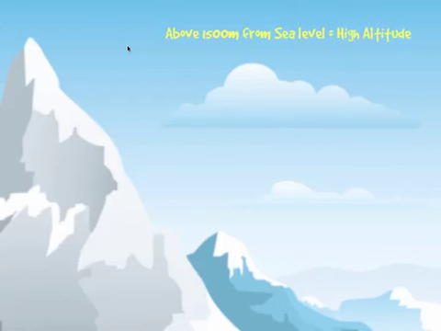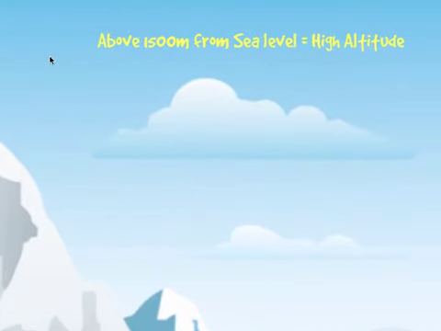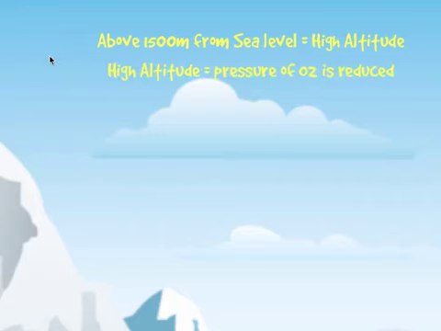So first thing you need to realise is that when we talk about altitude, that means 1500 metres above sea level, and that's what's classified as high altitude. Now within the lesson this week I will show you some different altitude heights to give you an example of this, but what we generally say is anything above 1500 metres classifies as high altitude. And what happens when you have high altitude is that the pressure of oxygen starts to become reduced. So what we call the PPO2, if you remember from the dissociation curve, it becomes very much reduced. There's less oxygen in the air.